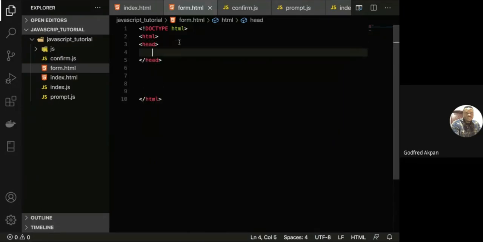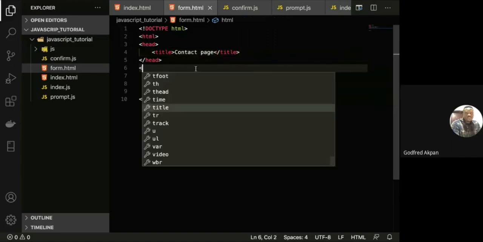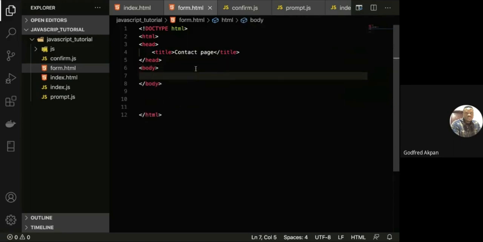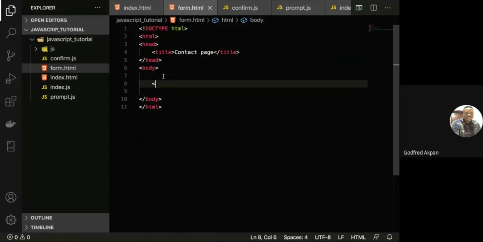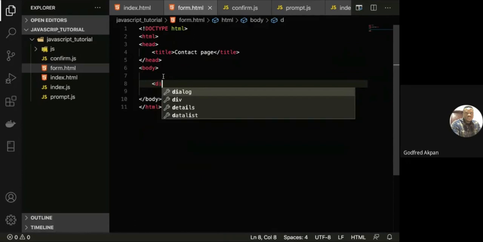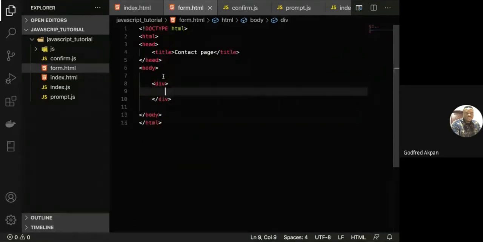We are all following this because of what we learned. Let's say contact page. We have the body here, which will have a div. Which is this, and this div will say